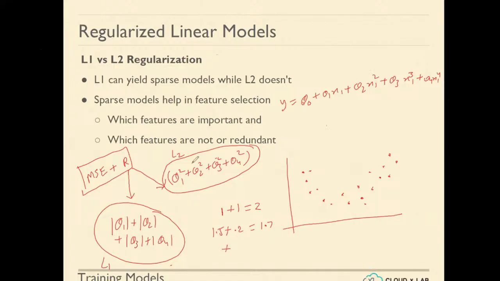This magnitude term will become 0, right? Because all thetas are 0, but then this error will increase, right? So maybe you will get here, let's say, a very high error 5. So in total you will get 5, right? Now what do we want exactly? We want the sum to be minimum, right? So here what value will we pick? We will pick 1.7, right? Which means what exactly are we doing here? We are giving weightage to this first term, the MSE term, and also we are giving some weightage to this regularization